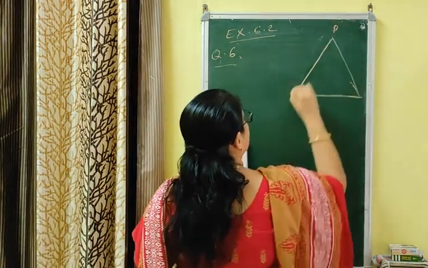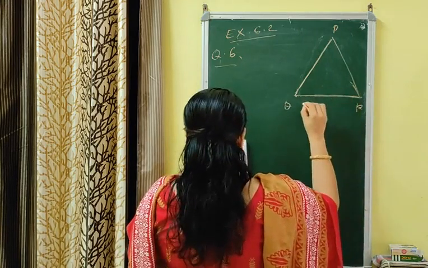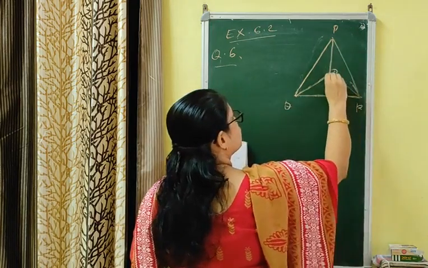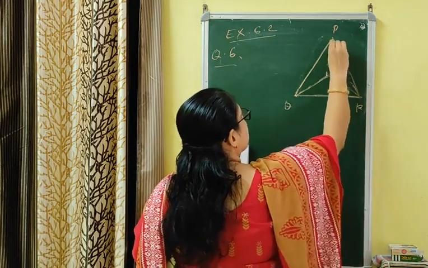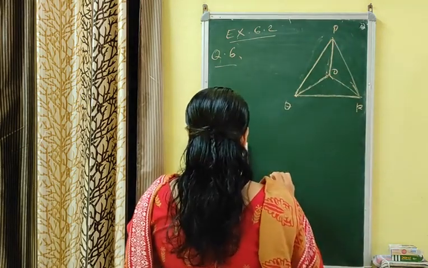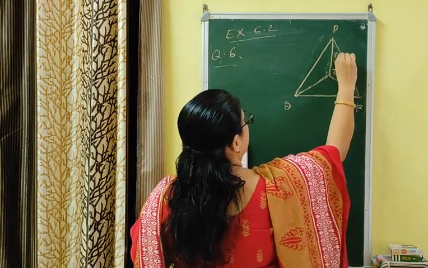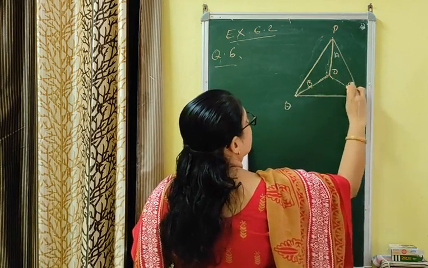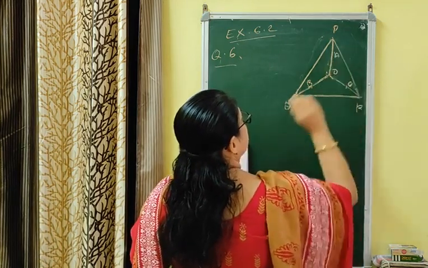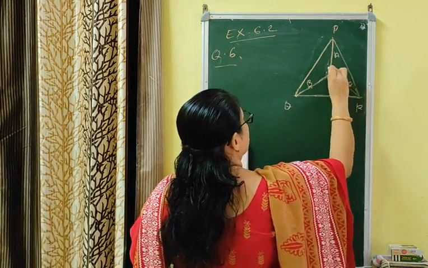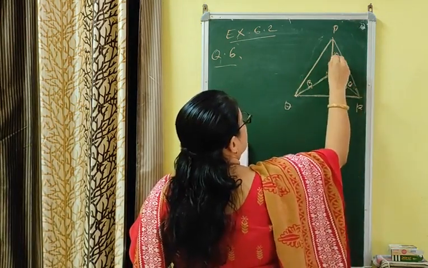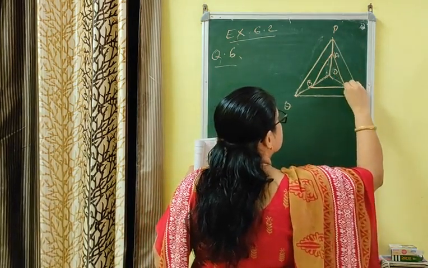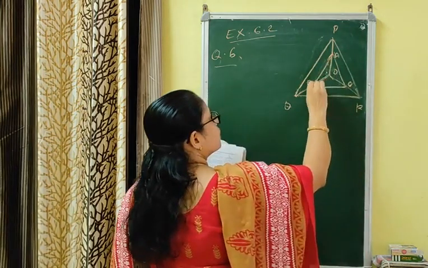You are given triangle PQR, and you are given a point, say O, and these OP, OQ and OR are joined. Now, A is a point on OP, B is a point on OQ and C is a point on OR. It is given that A is a point on OP, and B is a point on OQ and C is a point on OR. Now join AB, BC and AC. This much is the given question.